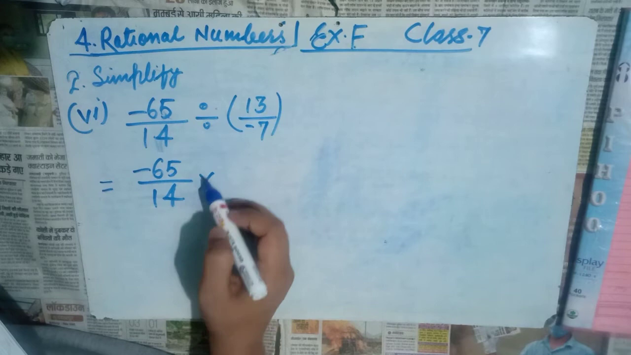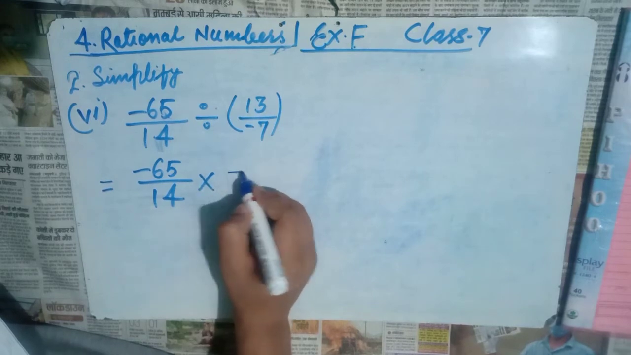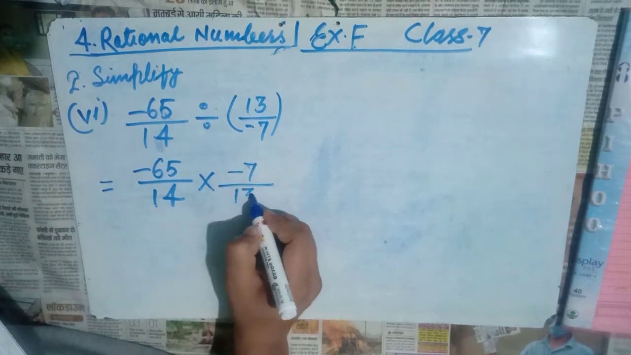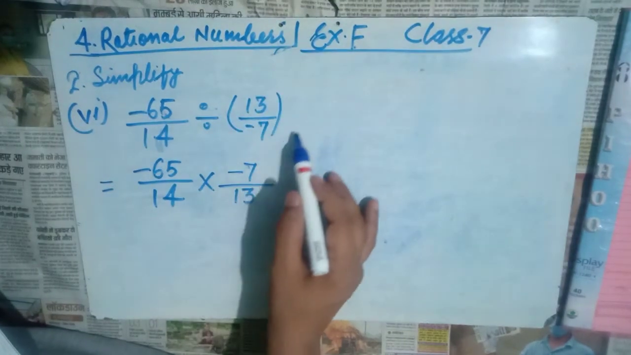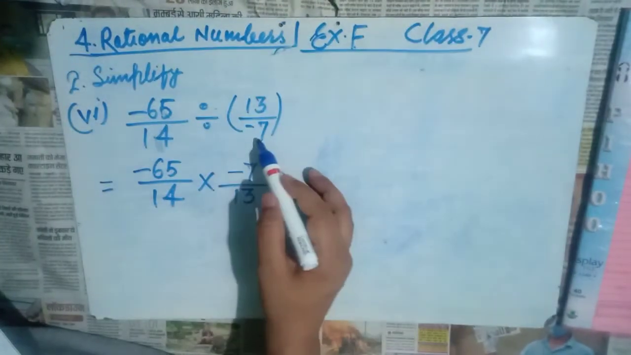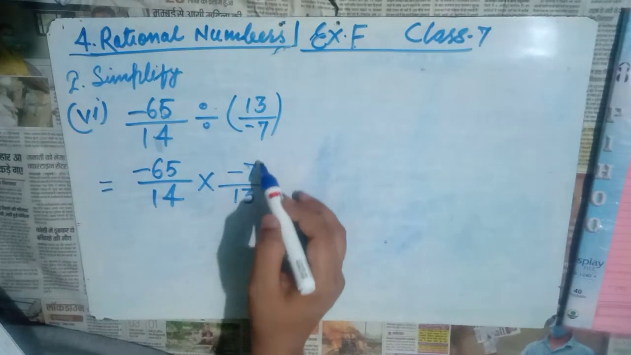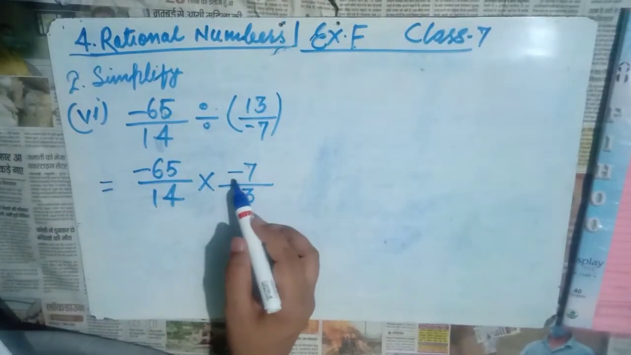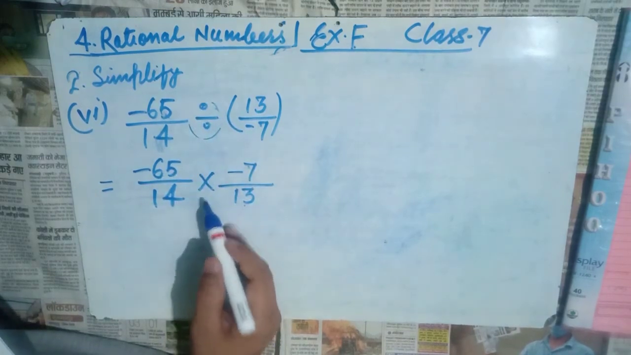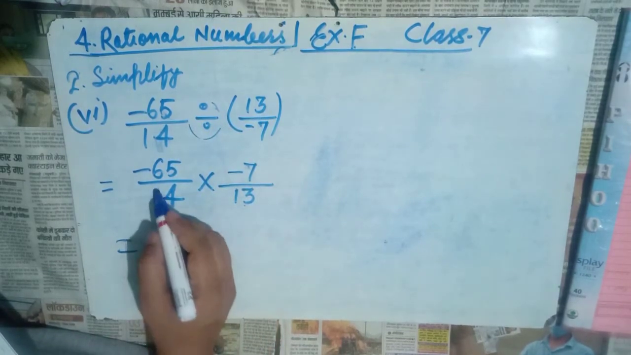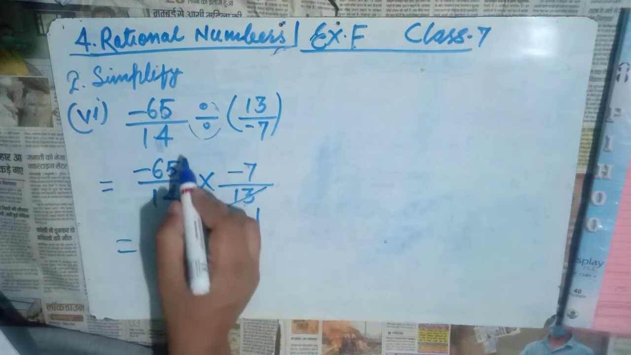This division will change into multiplication. This becomes minus 7 by 13, if you remember, because if you multiply here, this gives us the reciprocal of this rational number, meaning 13 by 7. The reciprocal of 13 by minus 7 is equal to minus 7 by 13 if we change this sign into multiplication. Okay, now here, 13 1s are 13, 13 5s are